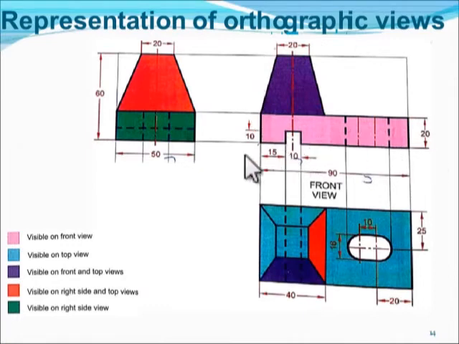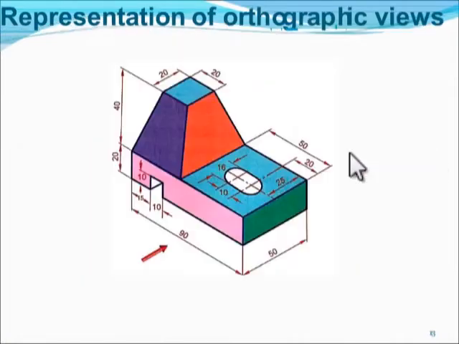So this is your front view. Now coming back to the question again, I am going to see the top view. Since I have marked the front view, I need to mark the top view. Now if I draw the top view, I can see only two colors. What are the colors I can see?